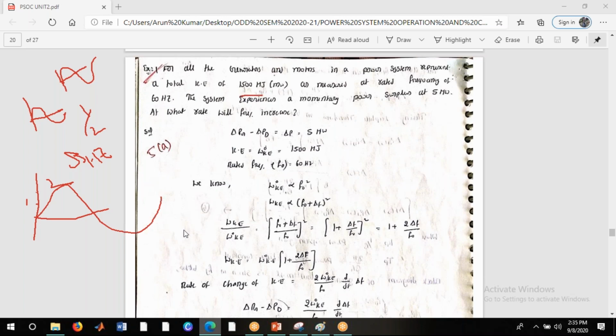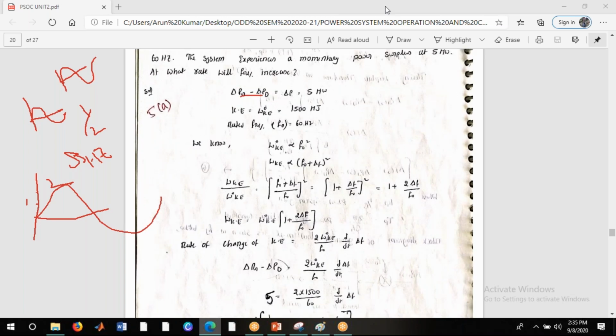లెట్ మీ సీ హౌ వి కెన్ సాల్వ్ దిస్ ఈక్వేషన్. Generally, what is the variation happening in this condition? 5 megawatt. అంటే 5 megawatt ఇక్కడ ఎందుకు మొమెంటరీ అంటే జనరేషన్ కి లోడ్ డిమాండ్ కి 5 megawatts అనేవి డిఫరెన్సెస్ గా ఉంది. So in this condition, the difference between the generator and the load demand is 5 megawatt. So that was given here.